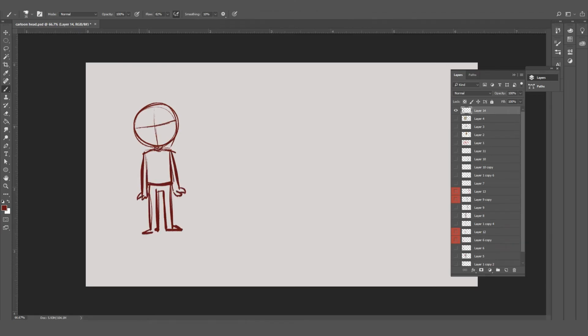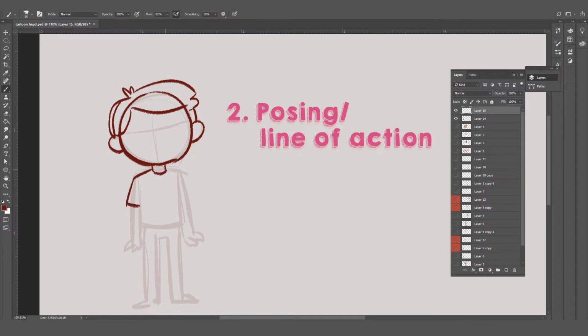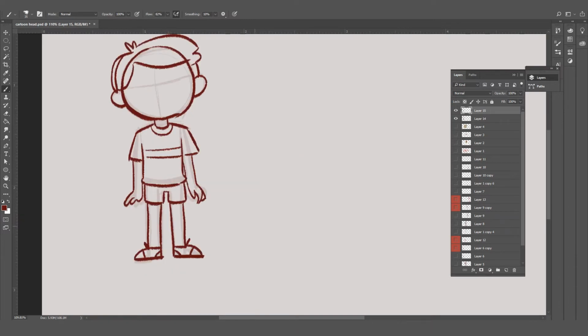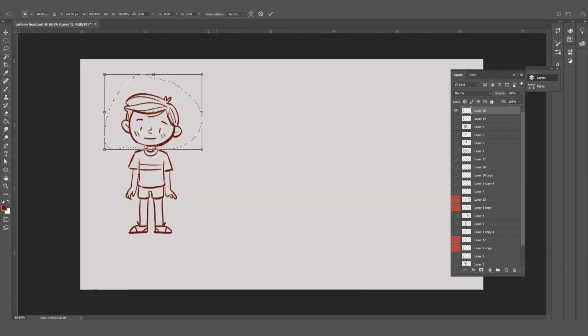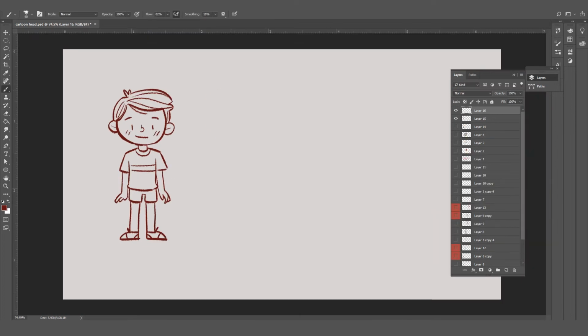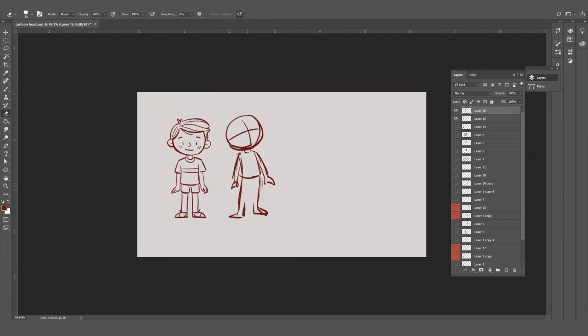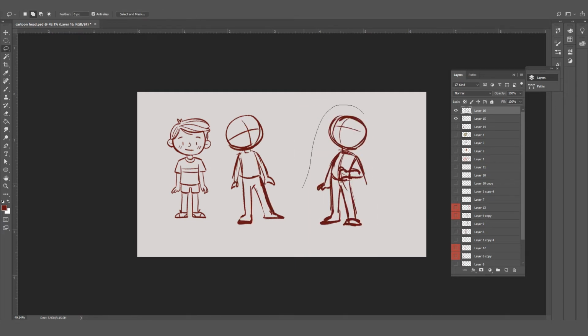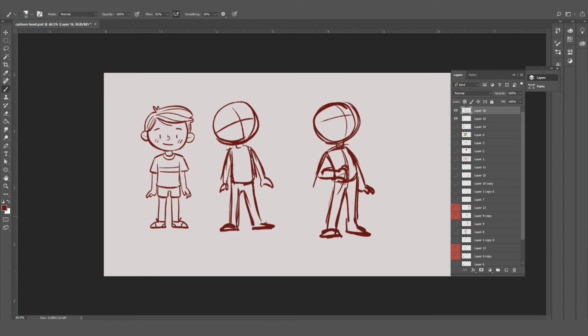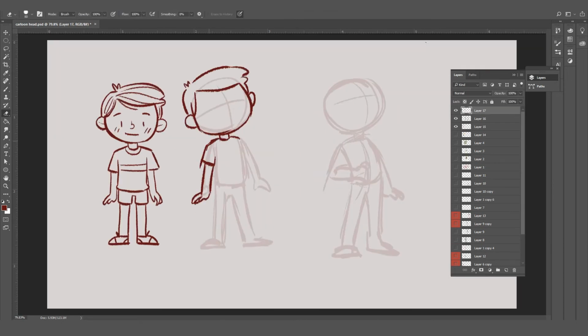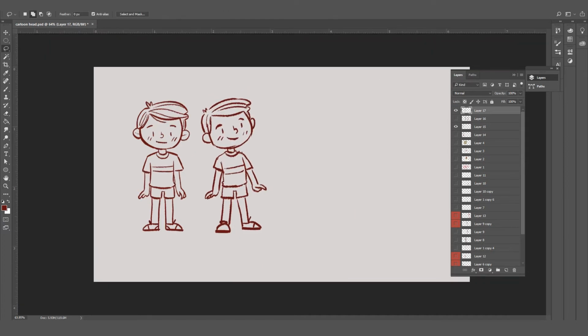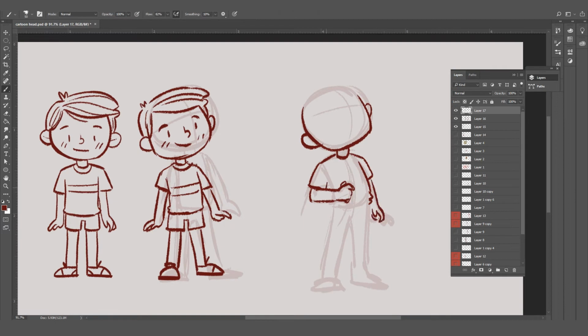So now let's talk about poses, a dynamic pose versus a static pose. As you can see, I'm drawing a character right now which is very symmetrical. He has a straight body, and now I'm drawing another character which has a slightly bent posture. In character designing or in animation, we call this the line of action. Basically, the line of action is an imaginary line that aligns with the way the body is folded or posed. So the more curved the line of action, the more dynamic the pose. We usually tend to avoid characters in a straight line of action because it looks very robotic and lifeless.